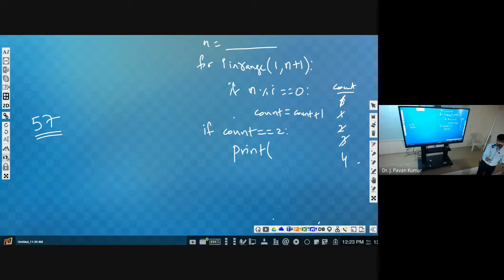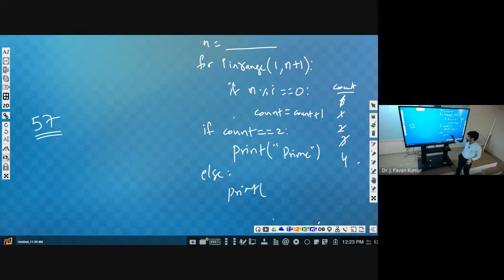That should be the output. So if count is 2, then it is prime. These two should be the output. That's why I told you initially only, for every program you analyze first what is the input and what is the output.